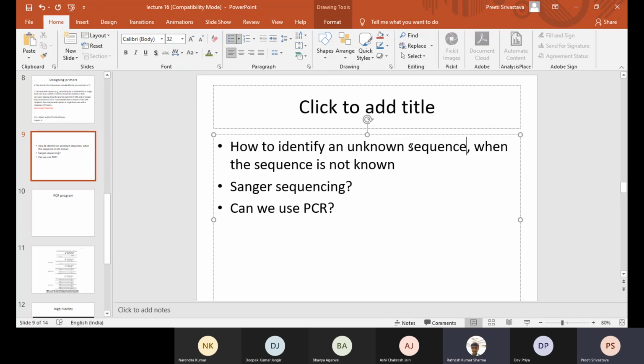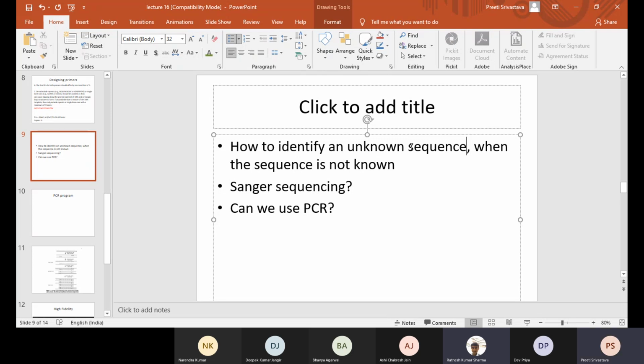Ma'am, so like we have a DNA fragment. I don't know the sequence. So what we do is we insert that sequence into bacteria, and as the bacteria grows, we have a lot of clones of that sequence in that bacteria, and then we get the DNA and use it for Sanger sequencing. So in that case, bacteria is used for amplification, right? And PCR can also be used for amplification. So I was saying that in the case we don't know the sequence, we can't use PCR for amplification.